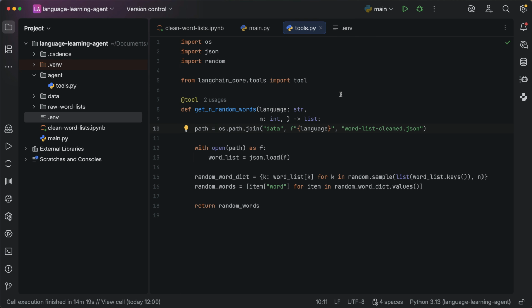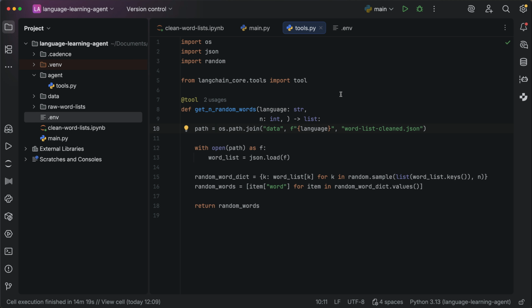And that's because, frankly, writing a good docstring is quite boring and it's quite a lot of work. And if you're going to be creating an agent, you're going to need to be writing quite a lot of good docstrings because the agent really needs them to understand what the tool does. So PyCharm offers us a bit of a shortcut here, and we can actually get JetBrains AI to write the